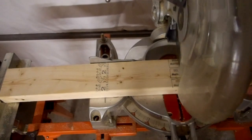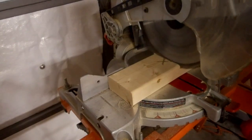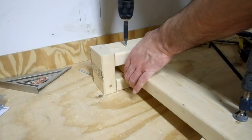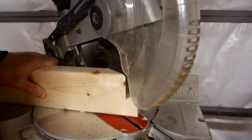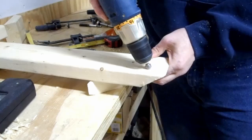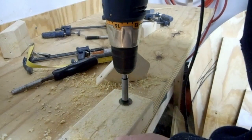Now I'm going to cut some more 2x4. This is going to make the handle for pushing. Decided it was not going to be strong enough with the 2x4 cut at an angle,